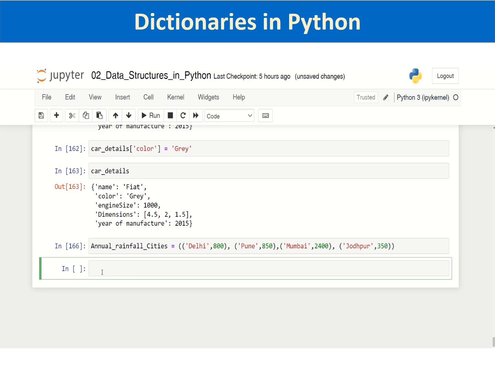Then you can create a dictionary. Actually, such type of information is more convenient to store inside a dictionary rather than in a tuple. So you can create a dictionary out of this by using the dict inbuilt. So you define dictionary 3. No, you give a descriptive name, annual rainfall,